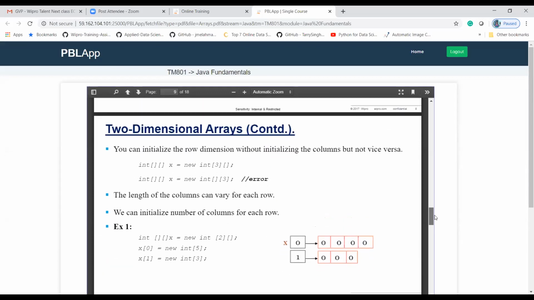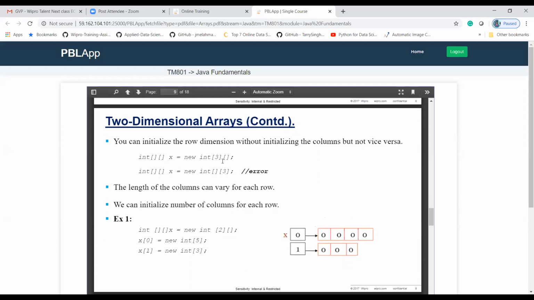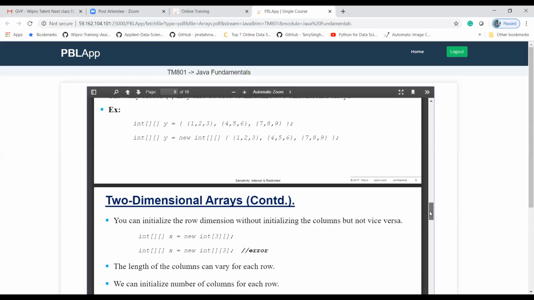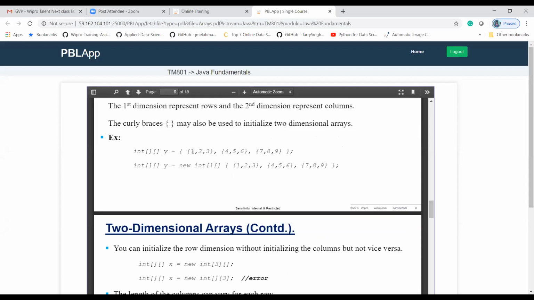The starting index of that array is 0, 0. The first box tells about the index value of the first value, which is 0, 0.